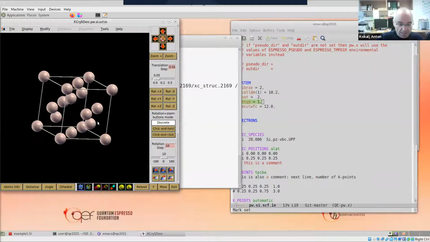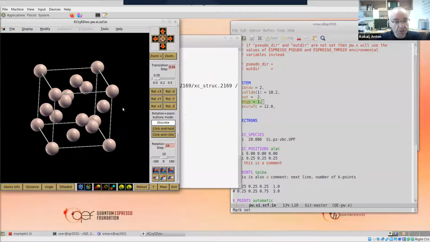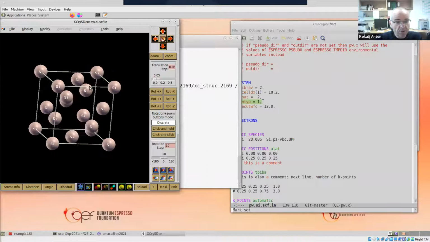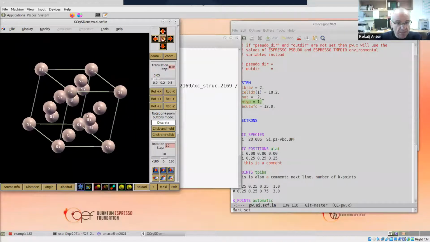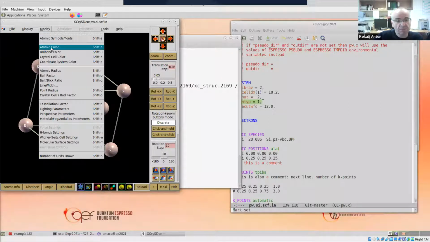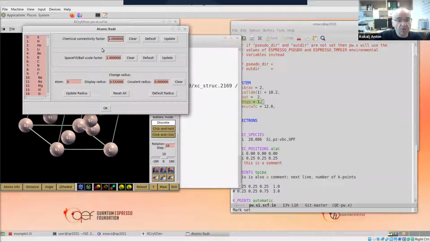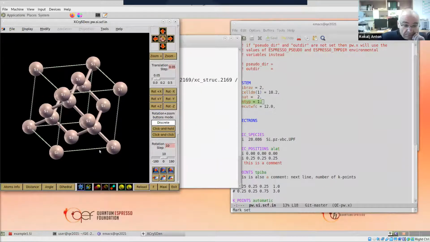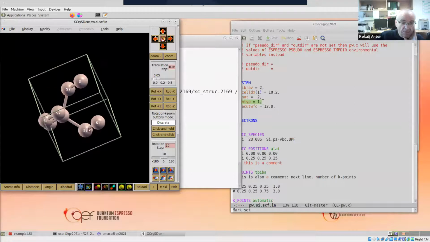And now this is a silicon structure. I can even display atomic symbols. And now I don't see any bonds. And this is sometimes annoying. I just show how you can display bonds. You go here to atomic radius, and you enlarge the chemical connectivity factor. And you press update, and now I have the bonds. Okay. But now, and very important buttons are here on the bottom. This is kind of a nicely tessellated unit cell. This would be just a translational asymmetric unit,